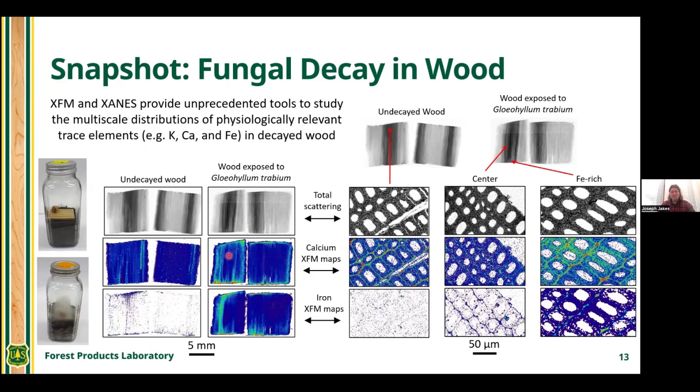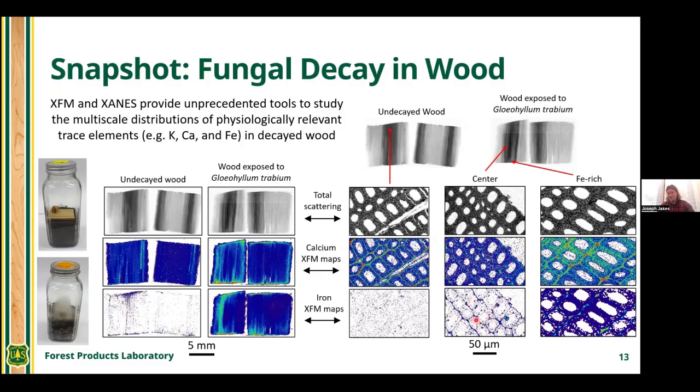So these large field of view maps don't tell you where these elements are in the fungal hyphae or the cell wall themselves. So we can also go in and cut thin sections from different regions in the wood blocks, and then you're actually able to look at the cell wall distributions. You see that in the undecayed wood, there's more calcium in the middle lamella than in the secondary cell wall, and then through different stages of decay, you see that it's being changed,